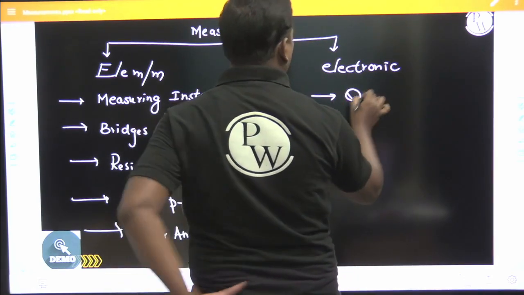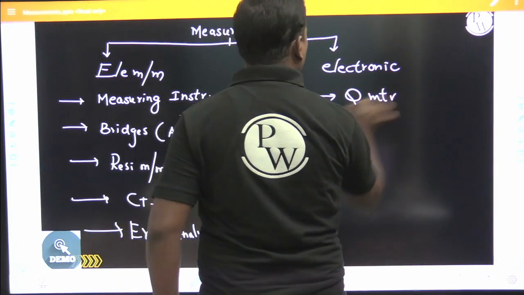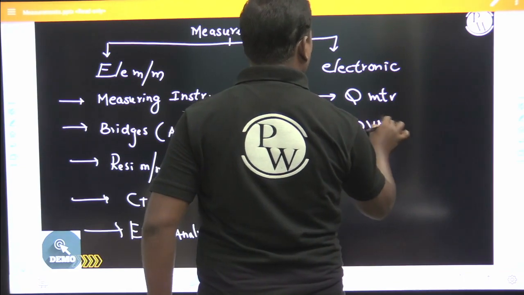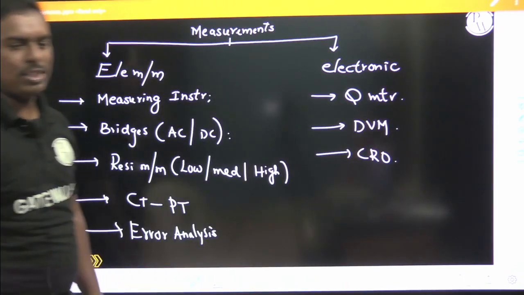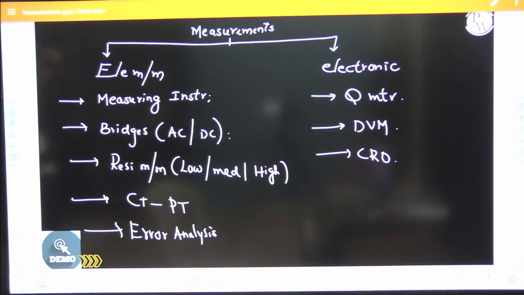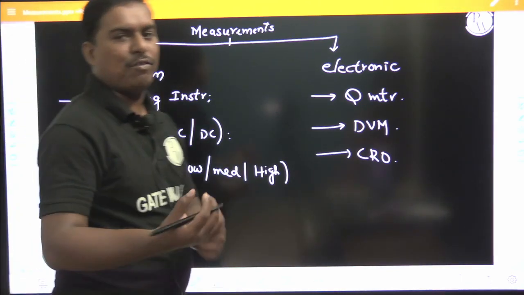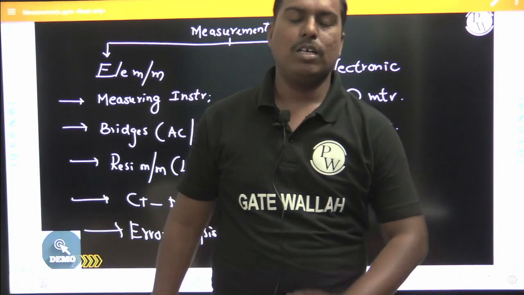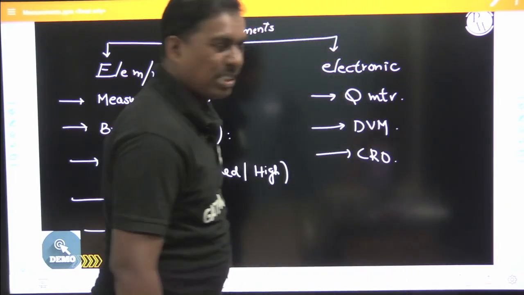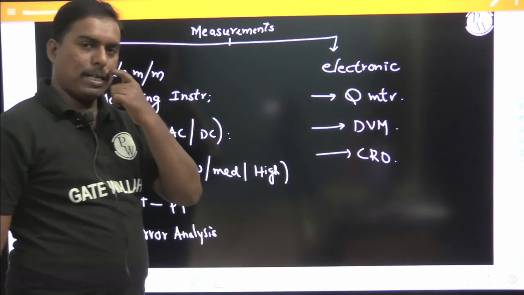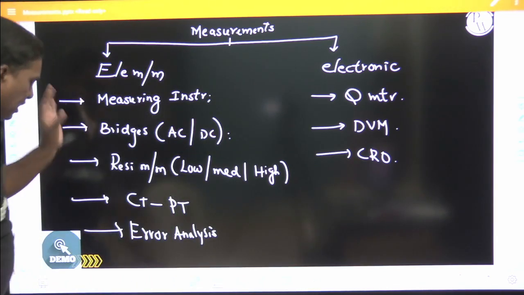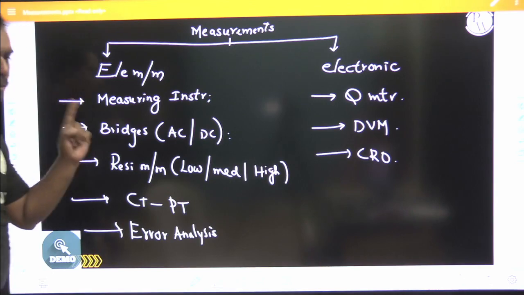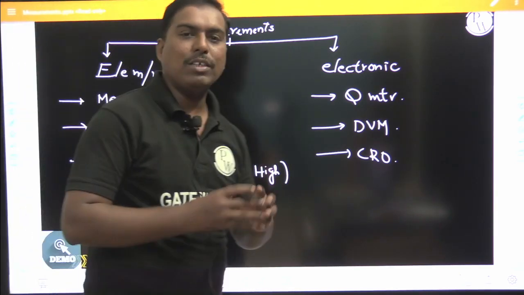Electronic measurements, we are having the Q meter, DVM, CRO. These are the major topics in electronic measurements. Of course, instrumentation syllabus is slightly different, one or two topics added extra. I will explain that later. That is like cables and units and dimension standards, like that. So, this is the standard syllabus, but when it comes to the measuring instruments, we are having the bunch of